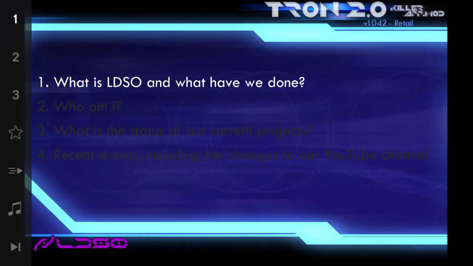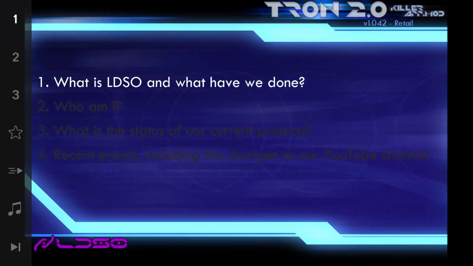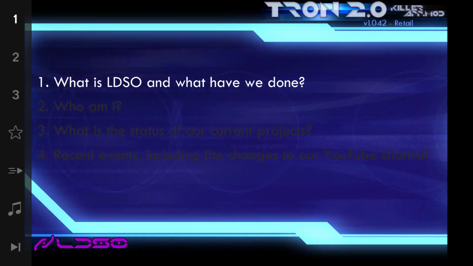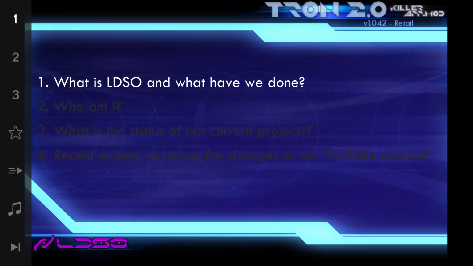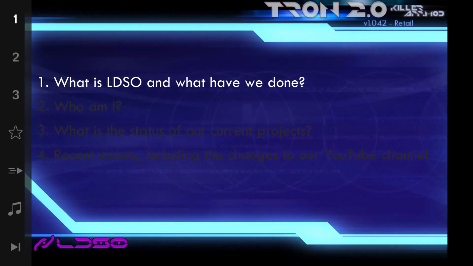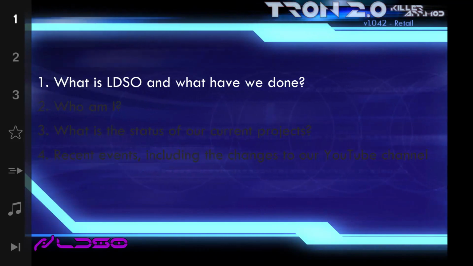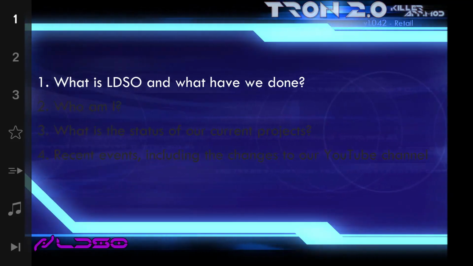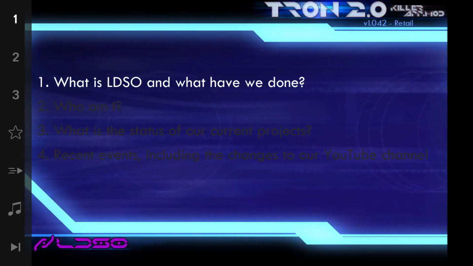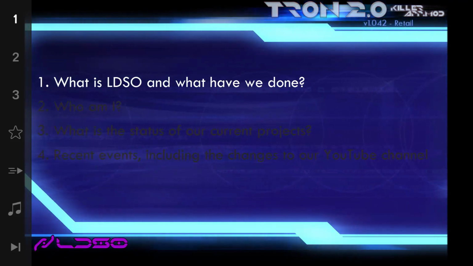What is LDSO and what have we done? We started as players who just enjoyed playing Tron 2.0's completely unique multiplayer modes back when the game was first released, who formed a gaming clan. While we still consider ourselves a clan, I think it's fair to say that we've evolved into a team of developers. We've created many projects, either directly or indirectly related to the Tron 2.0 game on PC, or just Tron